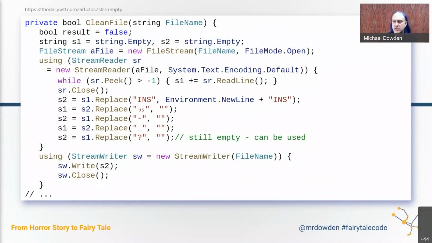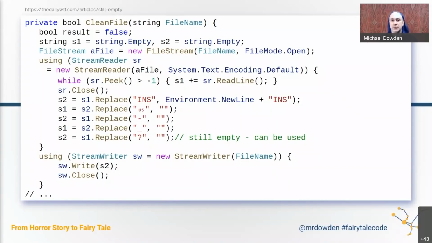In this particular case, the first thing we notice right away, we have a string one, an S1 and S2 variable that are both strings, and they're being reassigned to each other repeatedly. Well, it's pretty easy for us to look at that and realize that that could have just been one variable for starters all the way down. In fact, we didn't even necessarily need the variable, because looking at that, it's very obvious that we could have just chained dot replaces together in a line. So we didn't even need the variables in the first place.